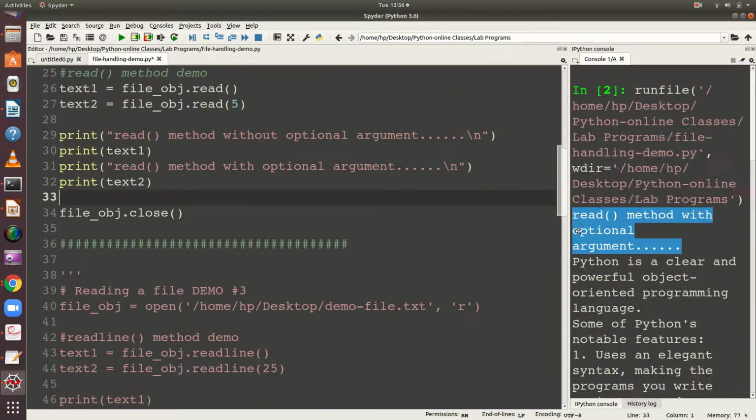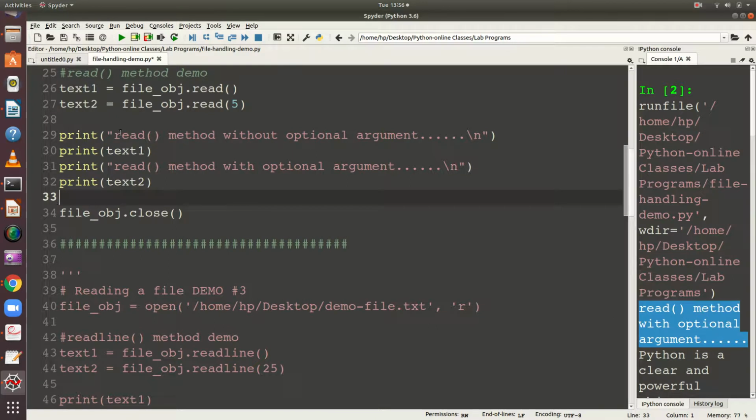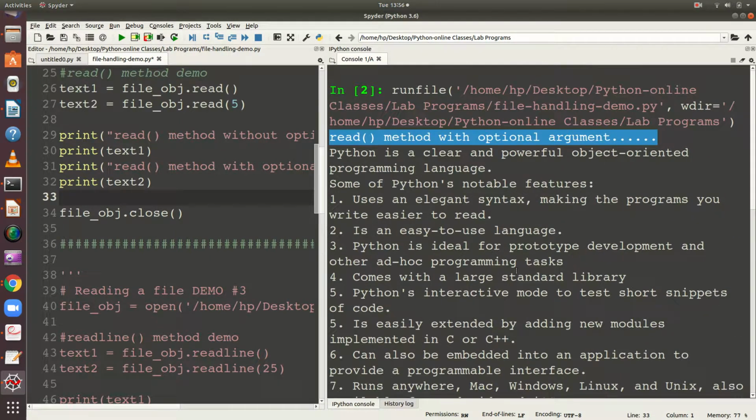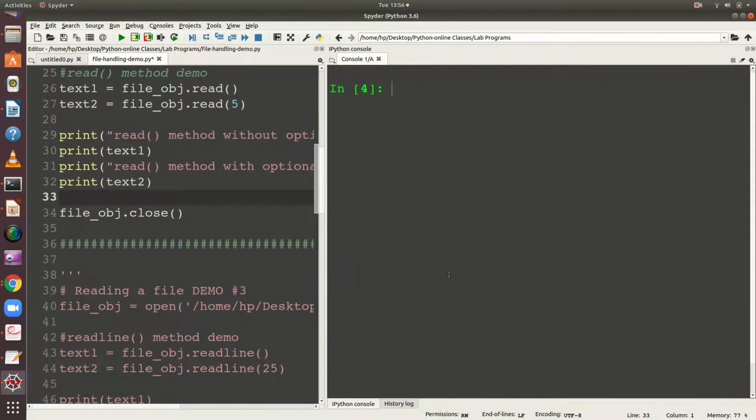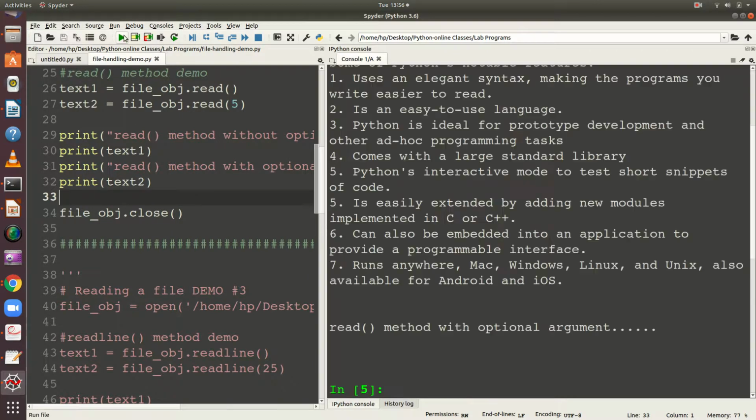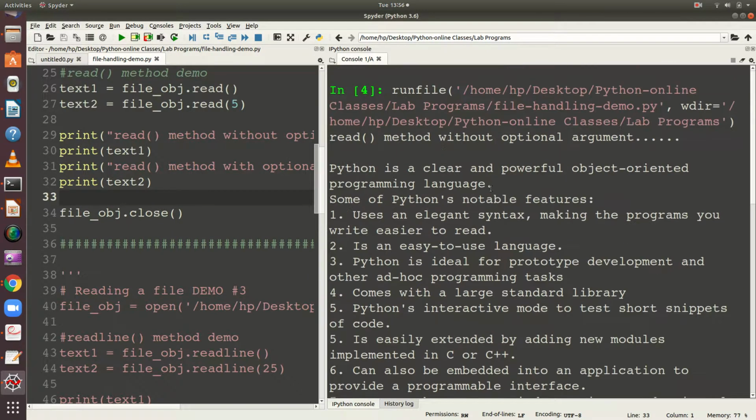So observe it again. I just want to print read method without optional argument. The second one, read method with optional argument. I am going to execute the program. Let me clear the console. I execute the program.